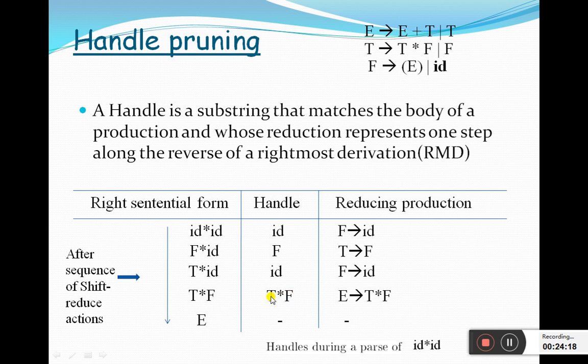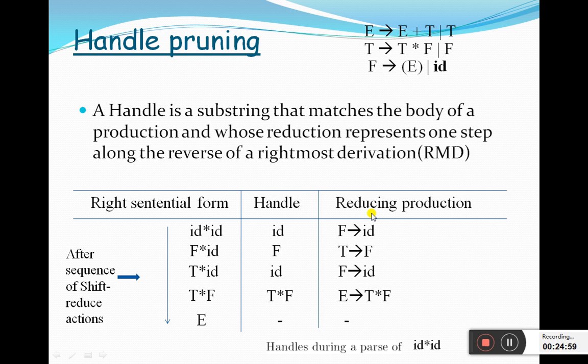Once you know the handle, you can easily find the corresponding production, because a handle should always match the body of exactly one production in the grammar. It should not match more than one production body. If it does, then the grammar is again not suitable for bottom-up parsing, because if there are two bodies, it is very difficult to judge which production to apply for the reduction.